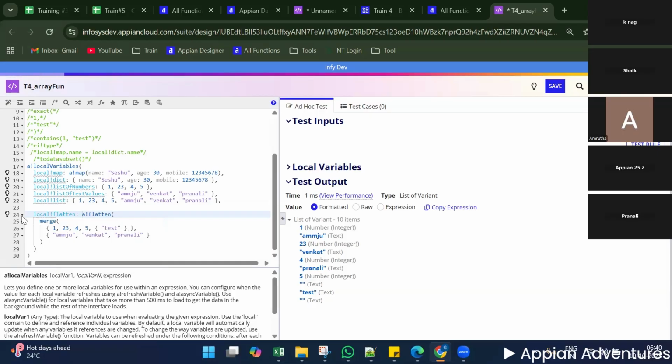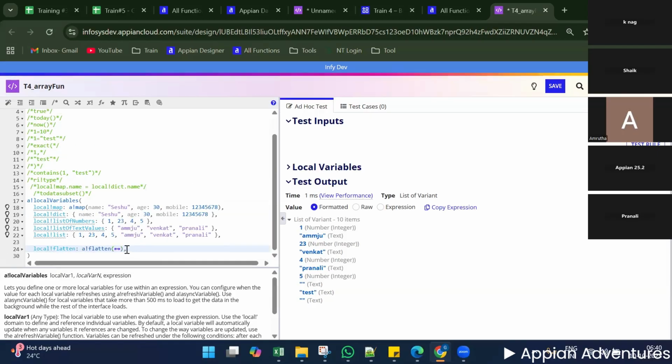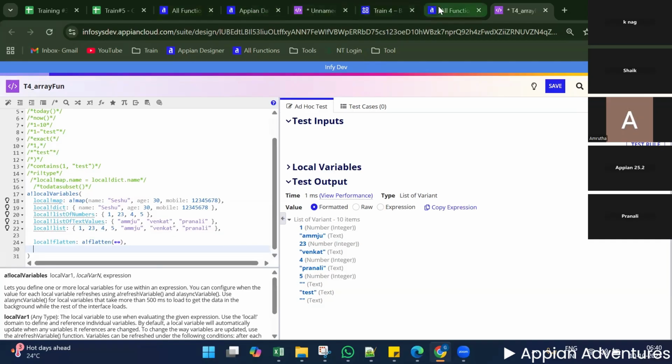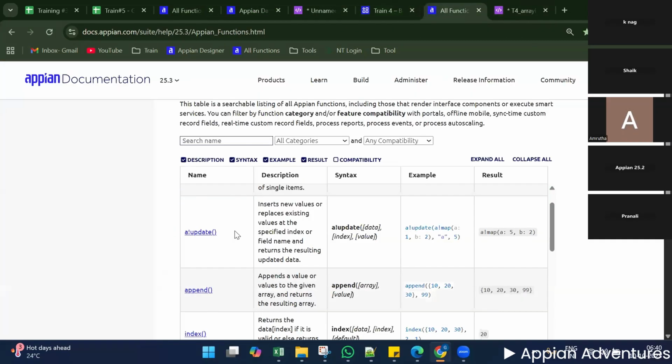So now we'll go to the next function. What is the next function here? Yeah, the update function, guys. This is very, very important, guys. This function